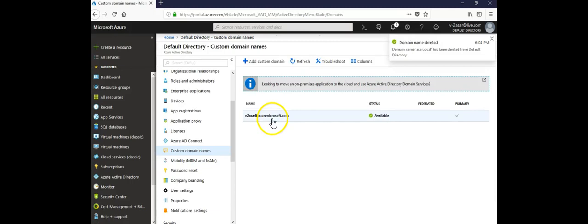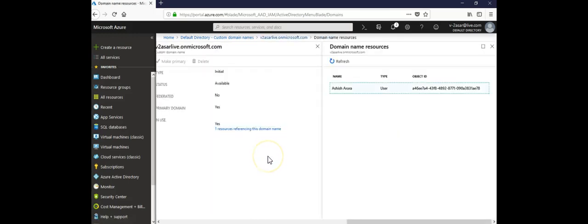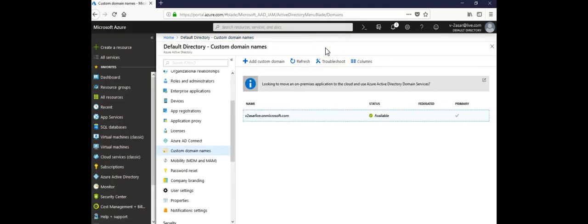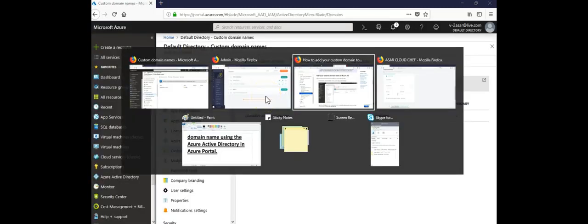So this one you don't have to verify because this is the default directory that is created when you buy the Azure subscription. One resource is referencing this. I'm the owner of this directory by default because I do not have any organization. It's for lab and testing. I've bought this subscription. So that is how you can create a custom domain in Azure AD,